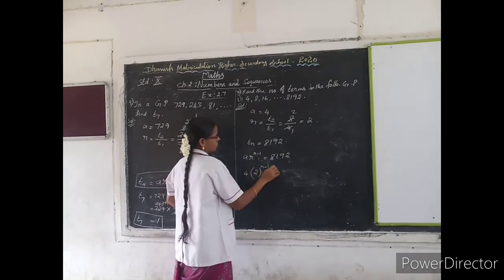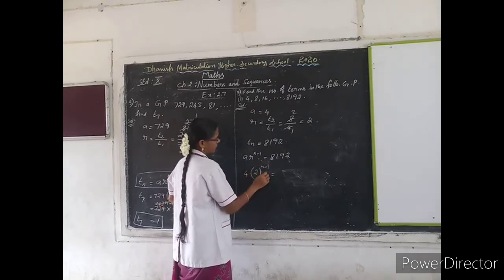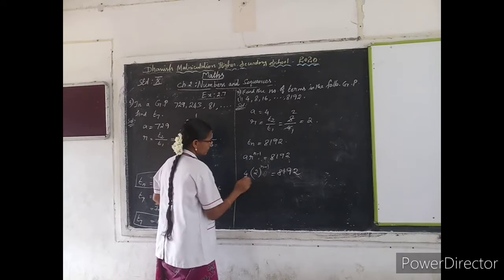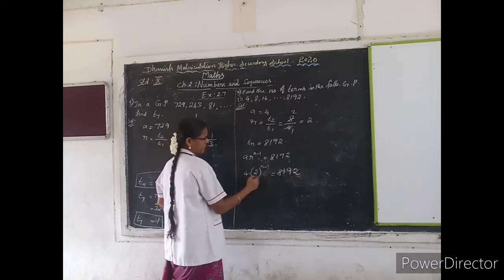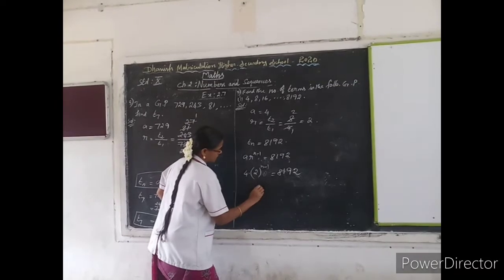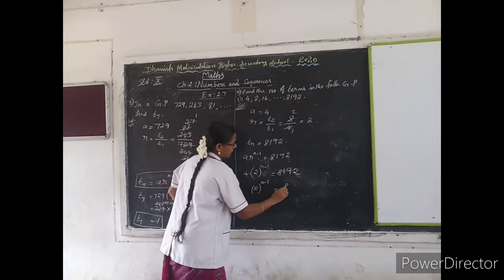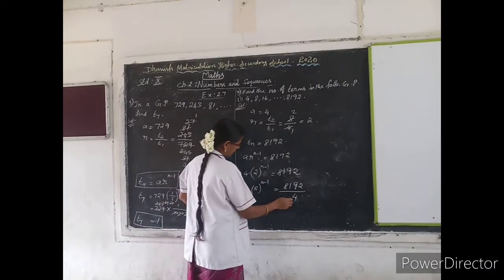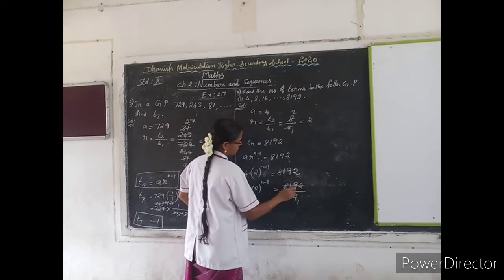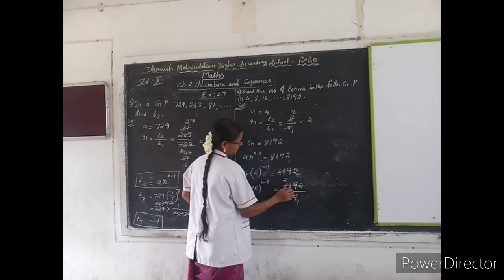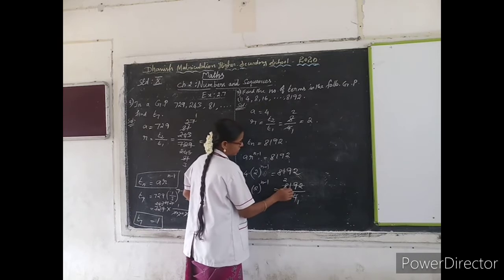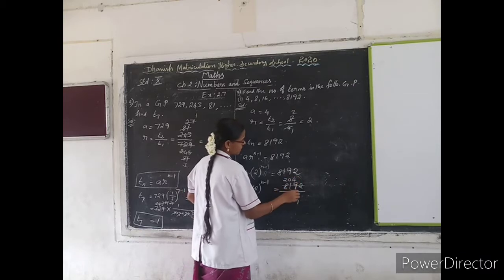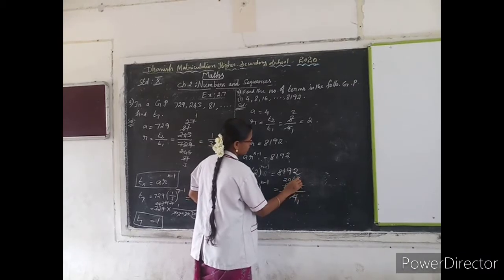N we don't know, so we write n as it is, equal to 8192. Now transfer this 4 to that side. Here multiplication means it goes to that side. So 8192 divided by this 4. Cancel by the 4 table. 4 1 times. 2 4s are 8. Then take this one. The 4 table is not going, so add 0. Now take this 19. 4 4s are 16. Balance 3. 8 4s are 32.